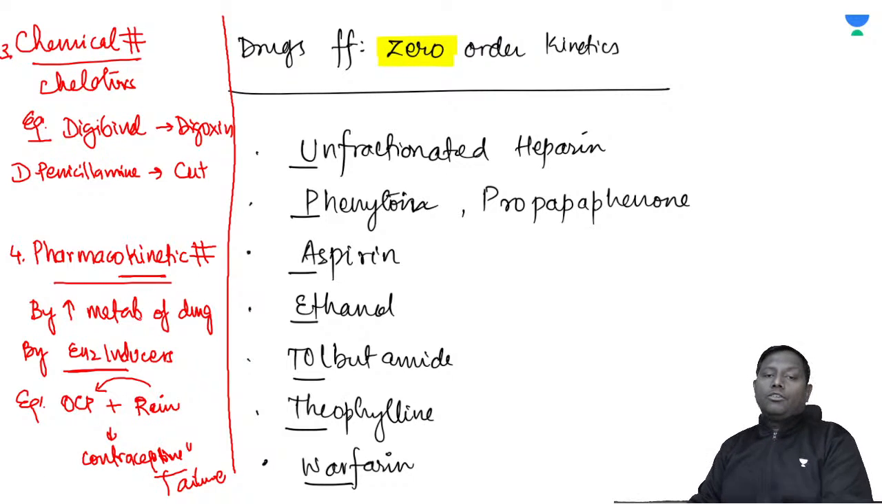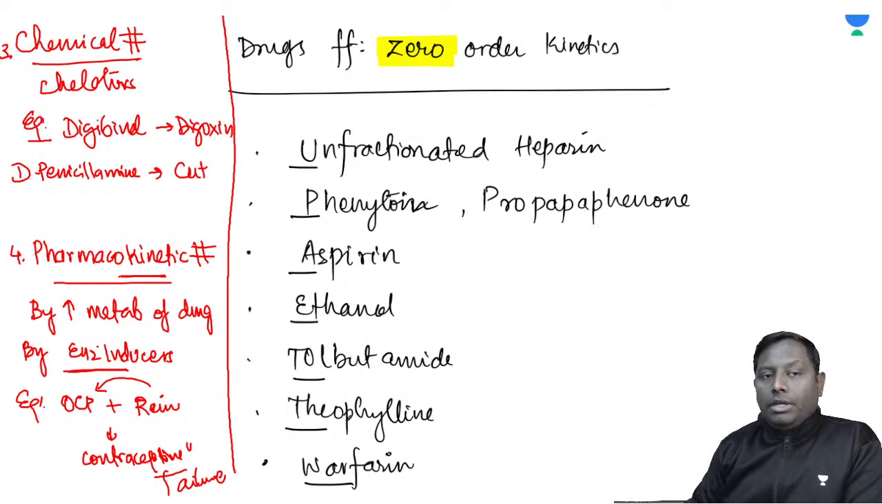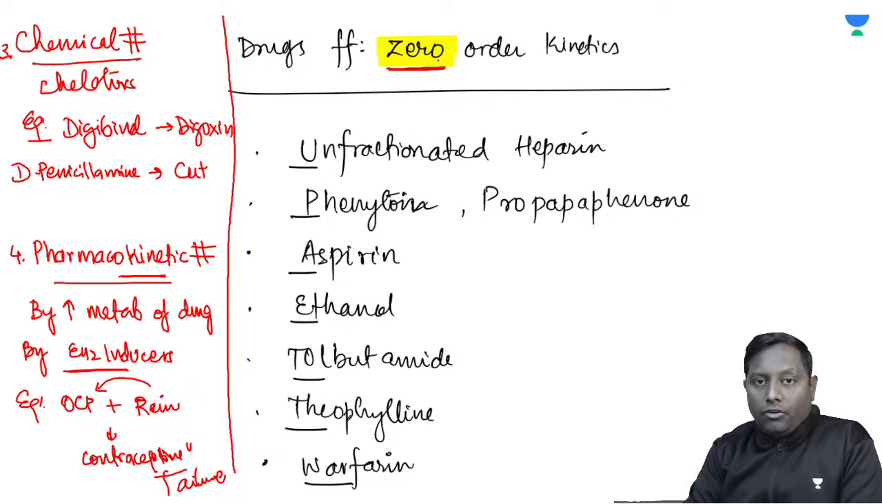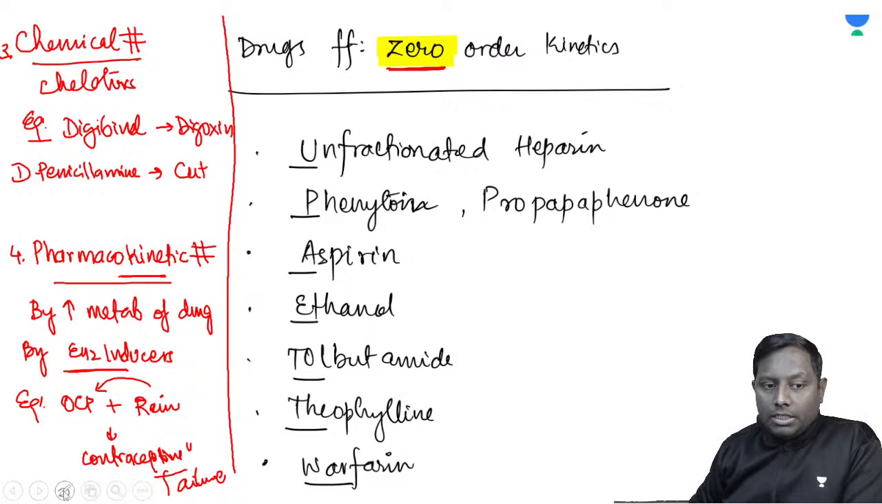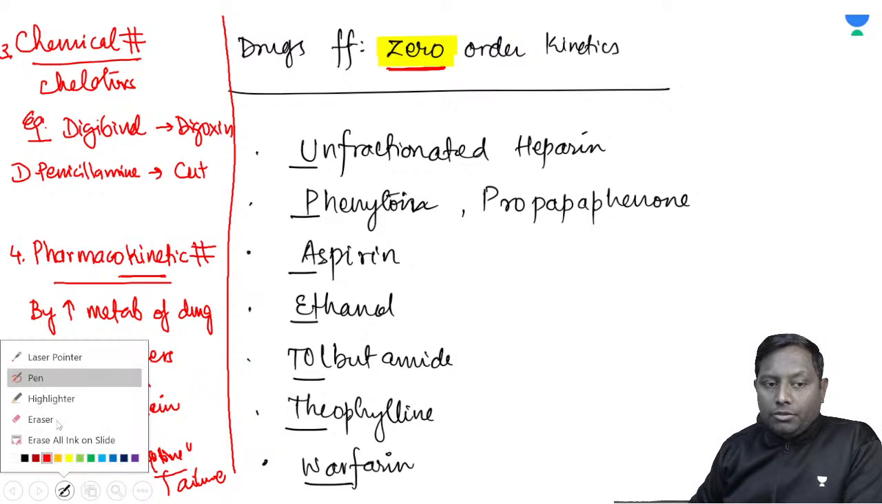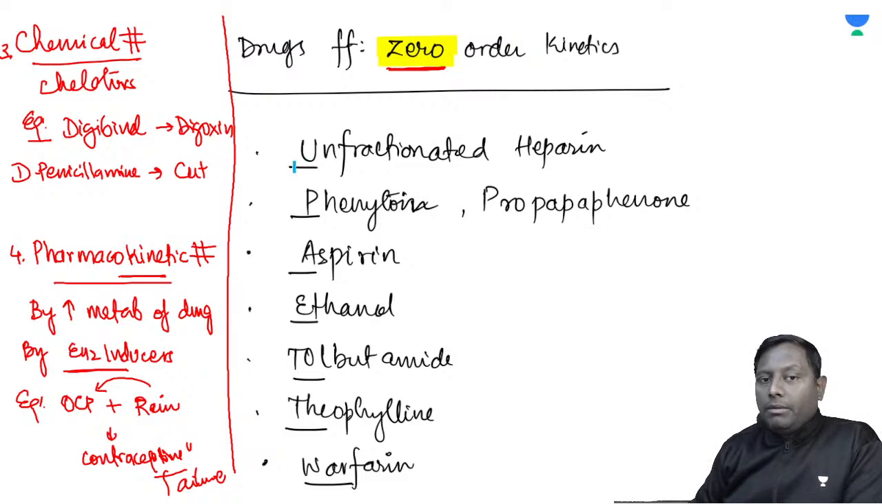All right. So that is your pharmacokinetics. Then you should know in the metabolism there are two kinetics, right? Zero order and first order. The majority of drugs follow first order kinetics. Only a few drugs follow zero order kinetics. And all the drugs that follow zero order kinetics, you can remember very easily by a simple mnemonic: